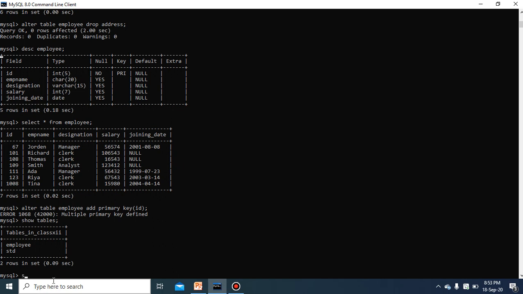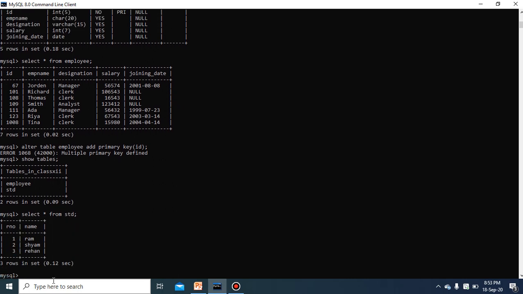How will you check it? You can apply the command select asterisk from STD. If you use this, you can see RNO, name. There are only three records and 2 columns there, and we don't want to use this table, so now we can delete it.